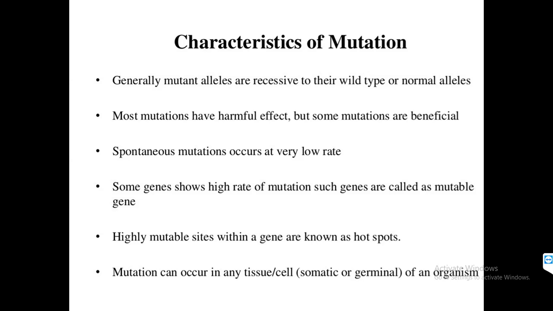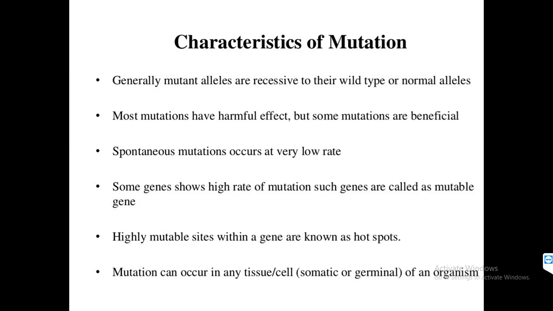Then highly mutable sites are some sites, the hotspots in the gene. So highly mutable means कुछ gene, एक gene होता है, chromosome का elongation is called as gene. So genes में कुछ ऐसे areas होते हैं जहाँ पे ऐसे साइट्स होते हैं जो बहुत ही ज़्यादा सेंसिटिव होते हैं, और उनमें म्यूटेशन के चांसेस बहुत ज़्यादा होते हैं. तो that is called as the hotspot site. So they are some highly mutable sites within a gene, and these are called as hotspots, because यहाँ म्यूटेशन बहुत ही जल्दी हो जाता है और बहुत usually found होता है.